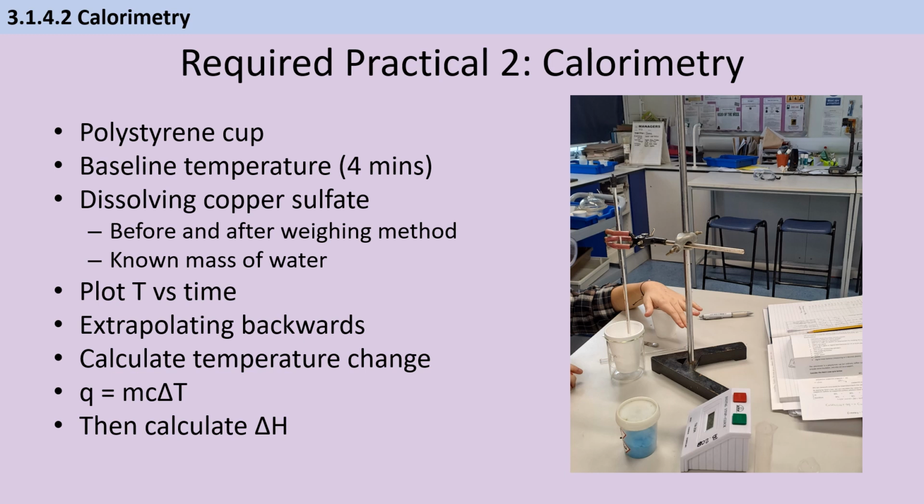You can use that information together with Q equals mc delta T to calculate the overall energy change. We're then going to convert that number, which is in joules, to kilojoules by dividing it by 1,000. And what we're then going to use the mass of the copper sulfate for, as opposed to the mass of the water, is to work out how many moles of copper sulfate were added so that we can work out an enthalpy change per mole. So you take Q, which you've converted into kilojoules, and you divide it by the number of moles,